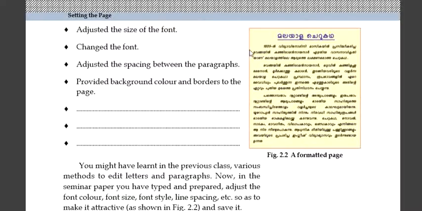We have to change the background color, font, adjust the size of the font, then color of the font, then border of the paragraph should be done. All these formattings we have to do.